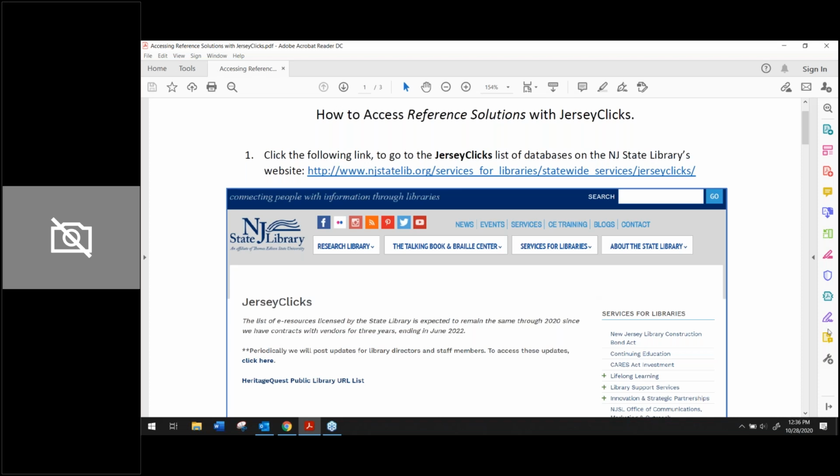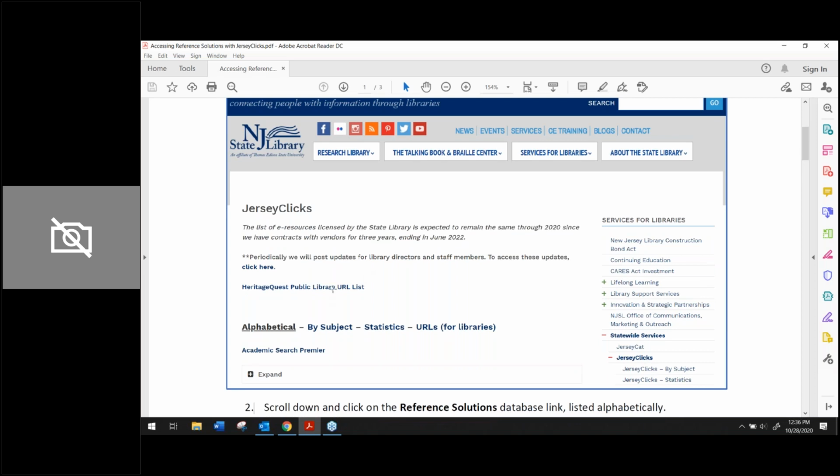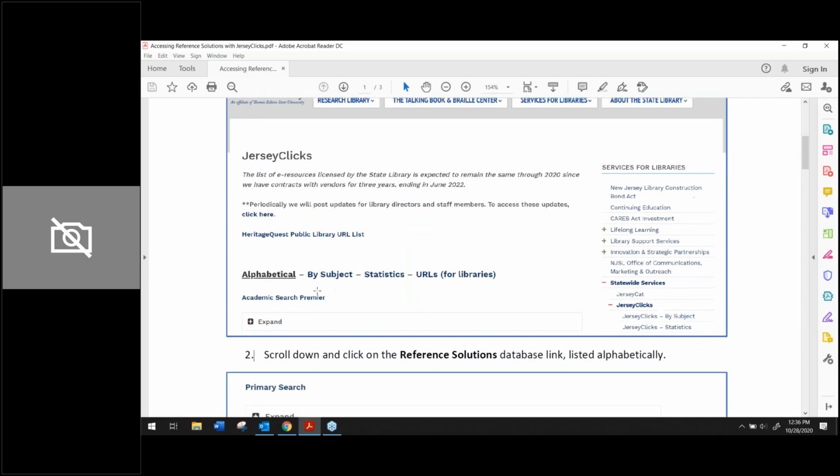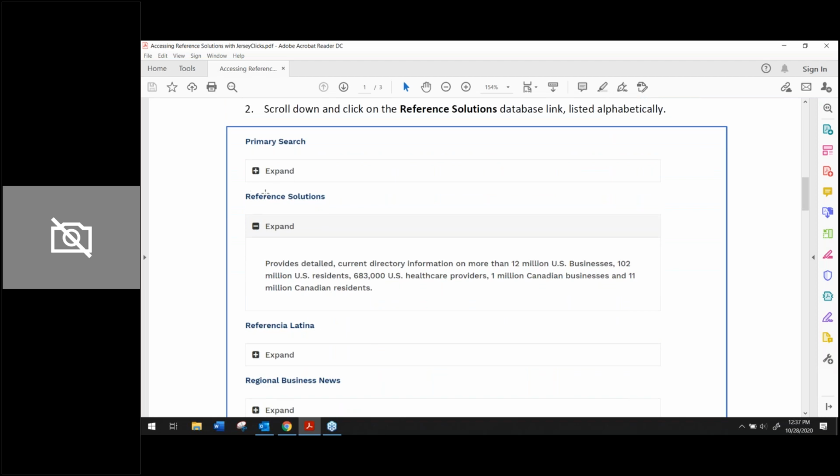And if we can put that link in the chat, Andrew, if that's possible, just so it's easy for you to access, but that should be a live link if you open up that handout. If you click that, you'll come to a screen that looks like this, with Jersey Clicks at the top. The databases are automatically listed alphabetically. So if you scroll down to your second step and see Reference Solutions,